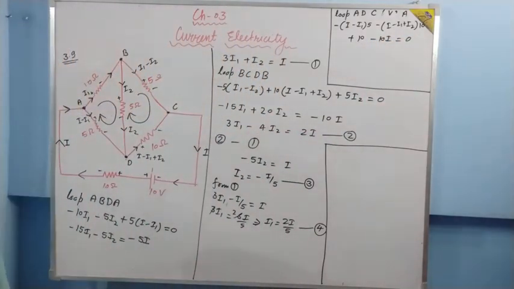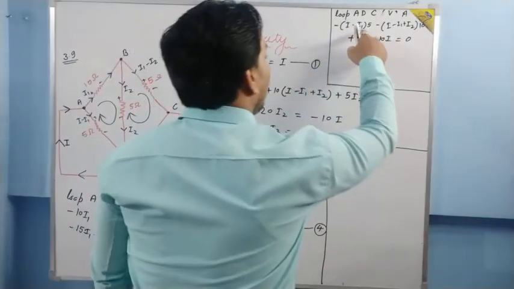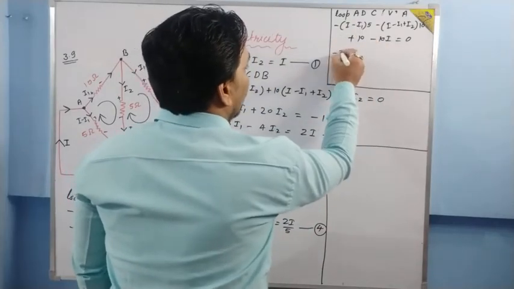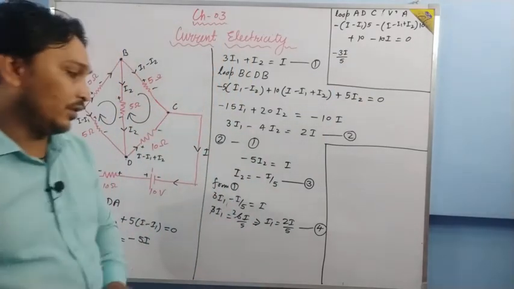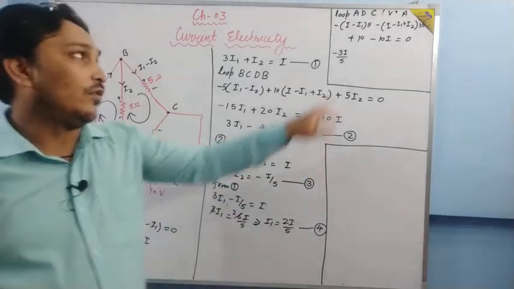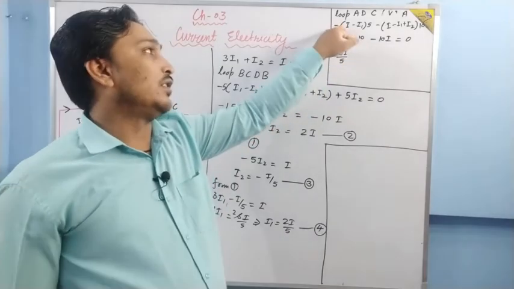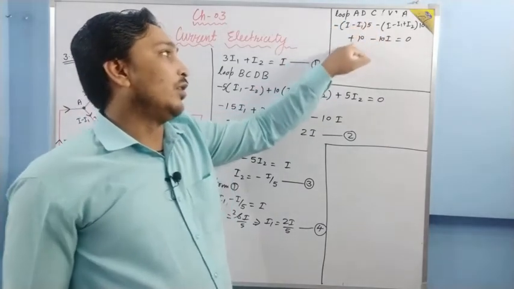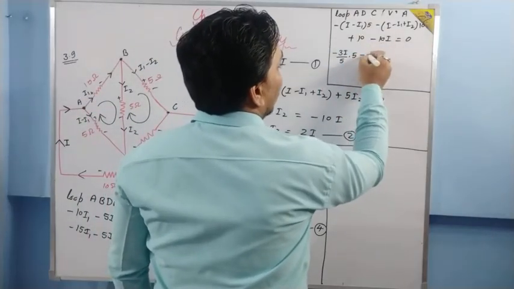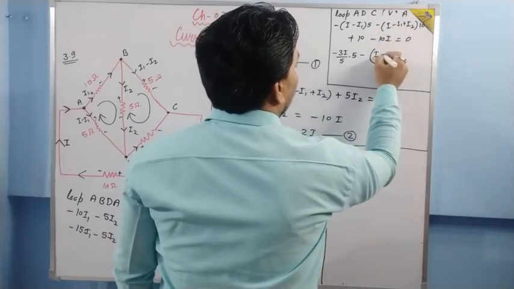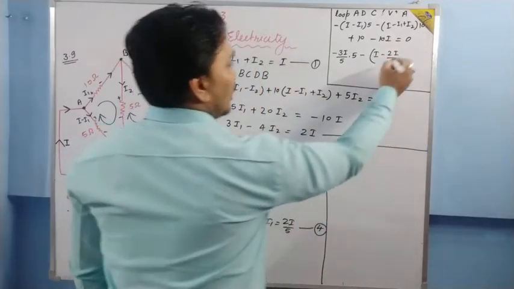This is the equation. Now we'll put the value of I1 over here. I1 is 2I by 5. So I minus 2I by 5, it will become 3I by 5. So minus 3I by 5. Are you able to understand? Yes, just see. I1 is equal to 2I by 5. Put over here. Okay. So what will happen? 5 will be the LCM. So it will become 5I minus 2I, it will become 3I by 5. Multiply by 5. Is 5 already there? Minus, I minus I1. Let me write. I minus 2I by 5 plus I2. What is I2?